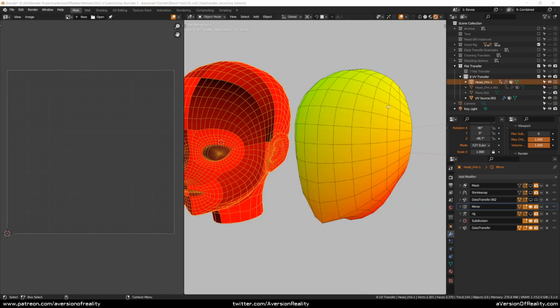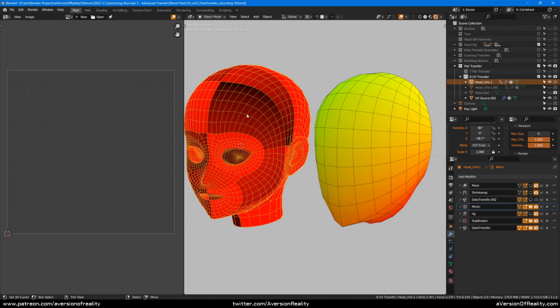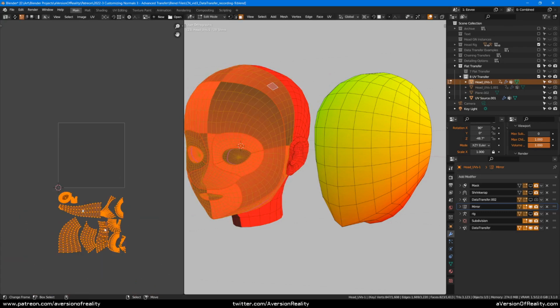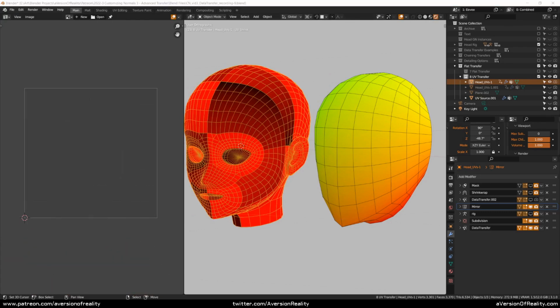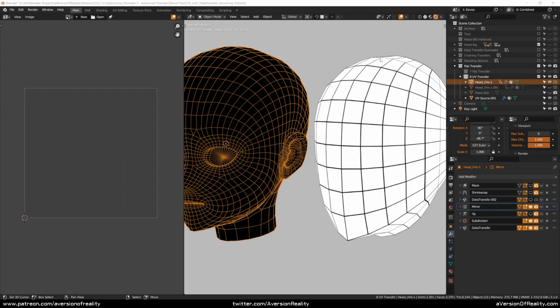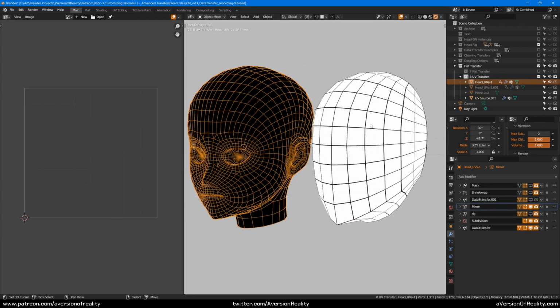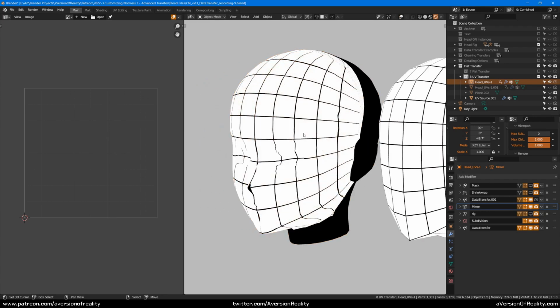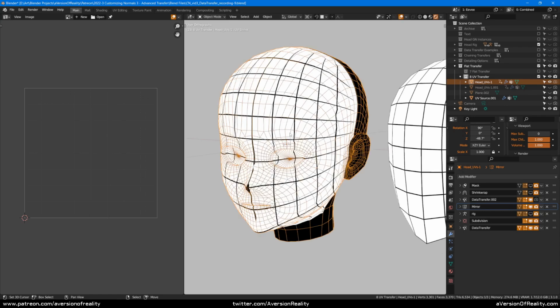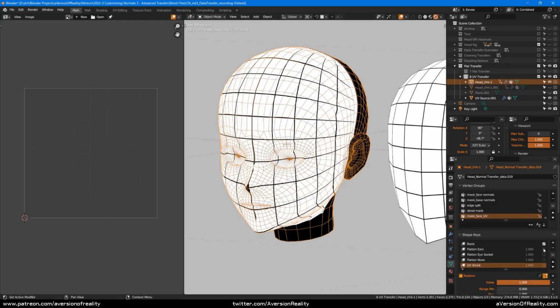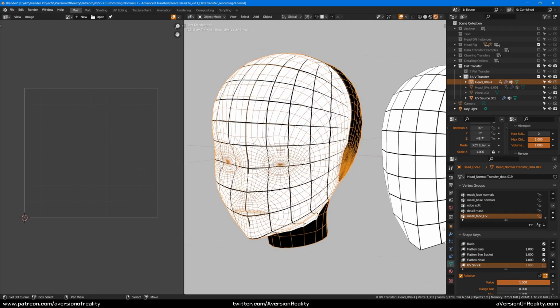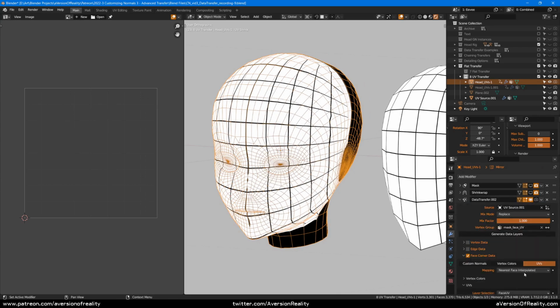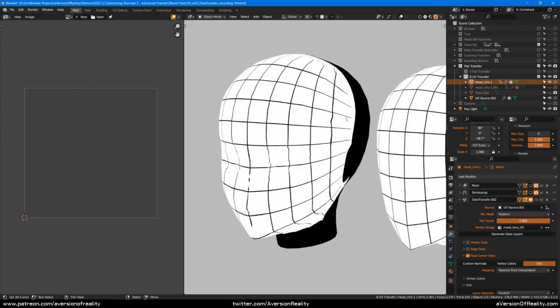And on our material, here is our UV map. This is all messed up because its UVs are all over the place. And I've got a group here that mapped a grid to our UV space, so we can see how nice and clean those are. And now if we turn on transfer, we can see we get very nice clean UVs on the head itself. And this is a nearest face interpolated transfer, so it's following all the same rules as what we've learned about.